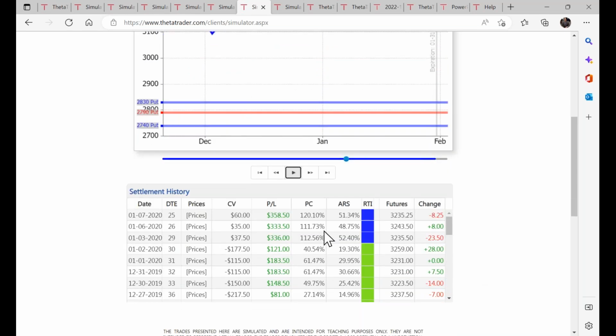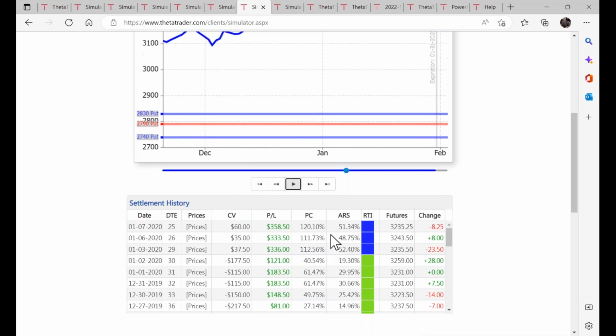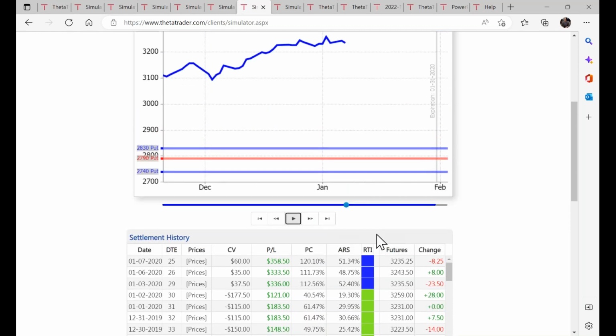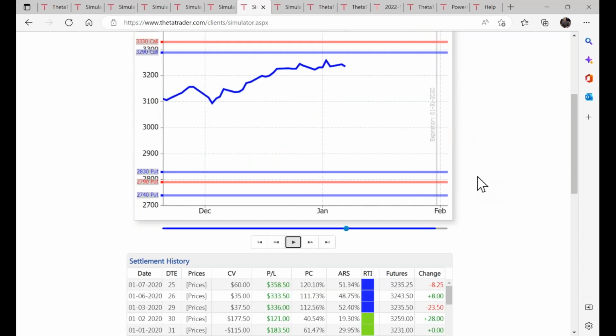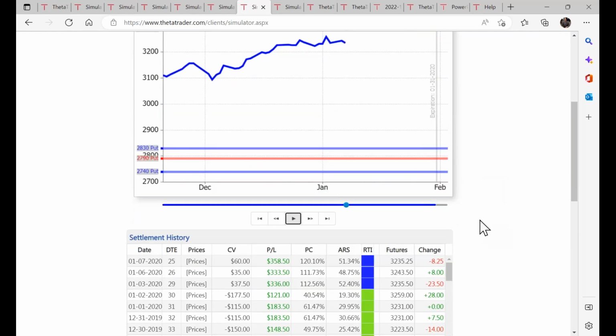And this is kind of getting into the weeds, but you can see here, this is your premium collected or captured. How could it be over 100%? Again, sometimes that can happen where you own this call option, so it's gaining in value at a higher rate. The delta is higher compared to the others that you sold. So at times you can have a situation where a dragonfly ends up collecting more on the trade than what you originally received.